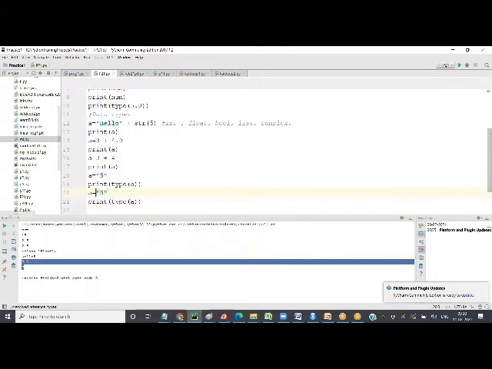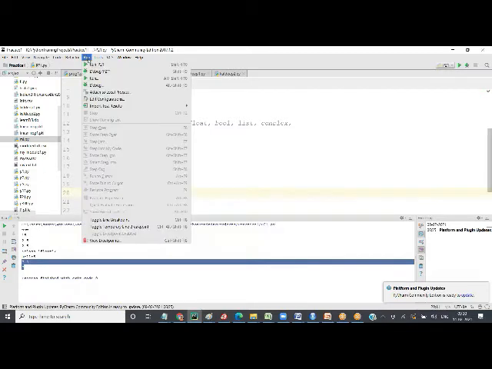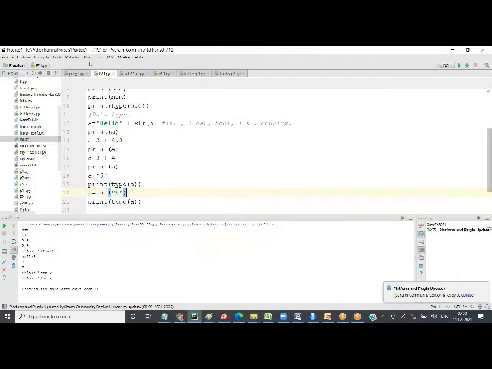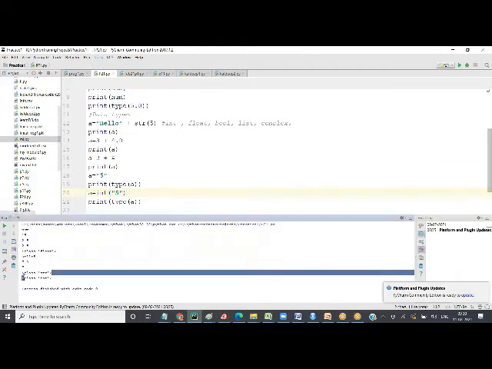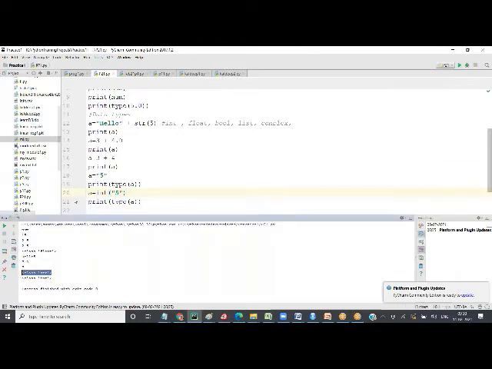Now I'm going to say int of a. So see here, first it was a string because I declared 5 as a string in quotation marks. Now it is converted into an integer, so it became integer 5. Now, this will happen only when there is a valid conversion. I cannot say 5a. I mean, 5a cannot be converted into an integer.